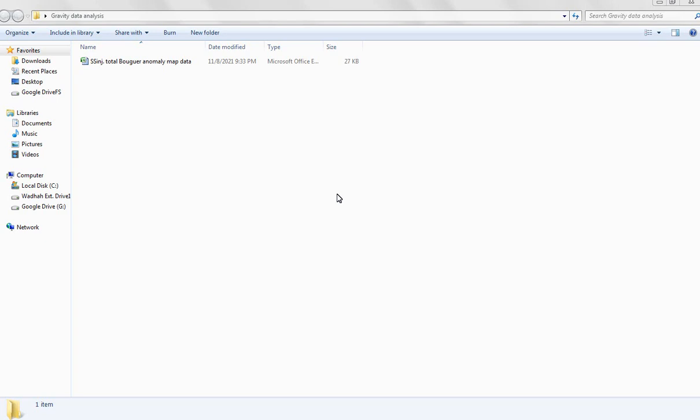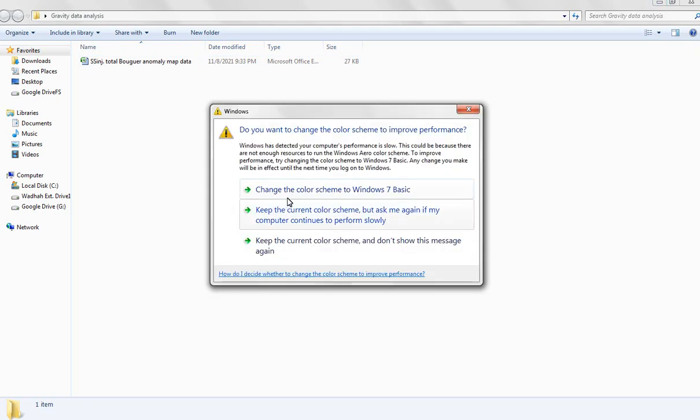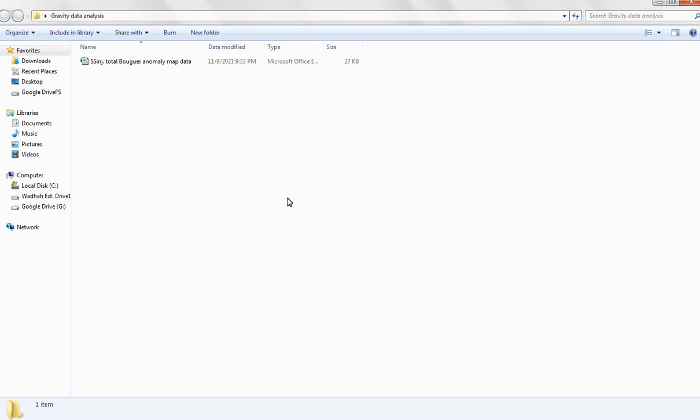I'm going to talk today about separating the residual field from a total field of geophysical data. First of all, we prepare the data within an Excel file, within a yellow folder, anywhere inside the computer,